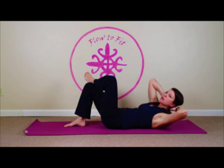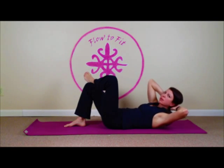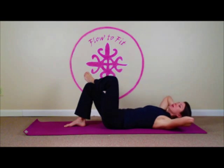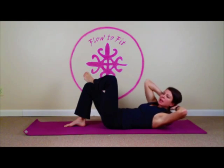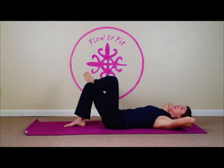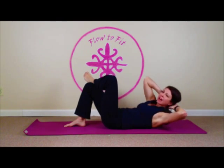1, 2, 3, get those shoulders up as high as you can. 4, lift from the waist. 5, 6, 7, 8, 9, 10. 10 more, 10 to this side. 9,